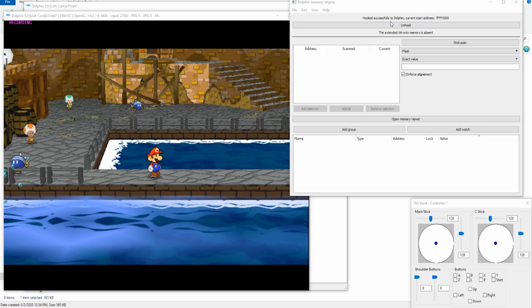From here, we can search for values of addresses in the game's code. So let's say I want to try to find Mario's x-axis position. First, positions in most games are a floating point number, so let's change the type to float. Well, when we get control, we don't exactly know his position, so let's just set it to unknown initial value and click first scan. This will spit out a ridiculous number of results, but we can use additional searches to